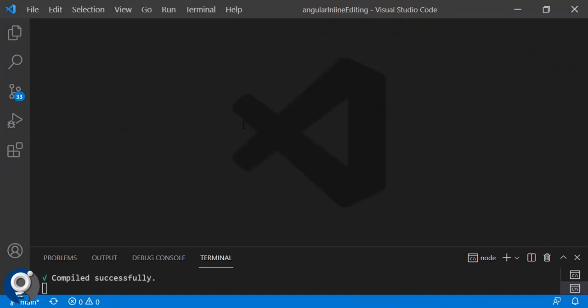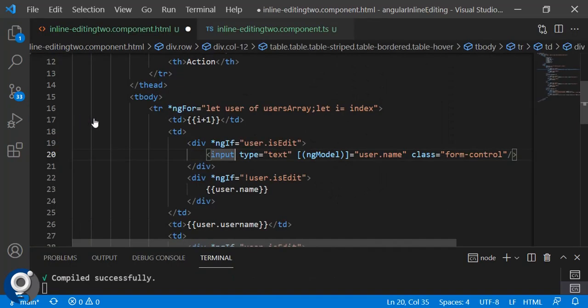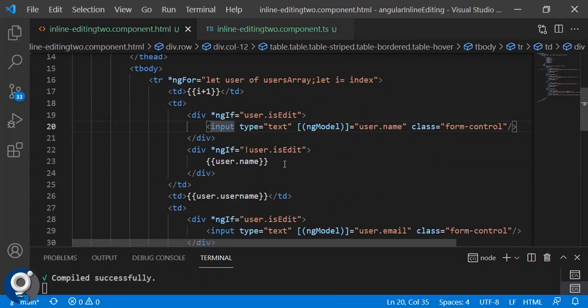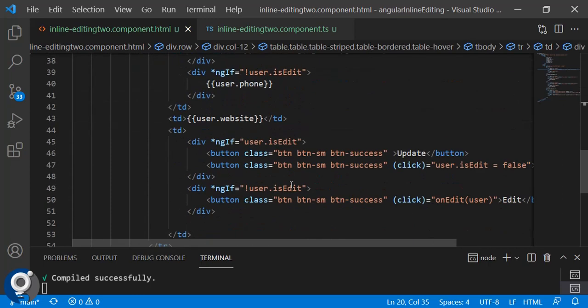Let's go to the second component. Okay, so the second way is like if you click on any particular TD rather than using the edit button, if you click on particular TD, only that TD will be converted to the text box. Okay, so the same HTML I have copy pasted in the second component. Now logic we have to change it, like let's say